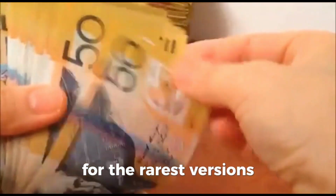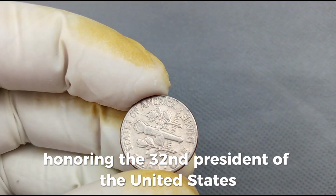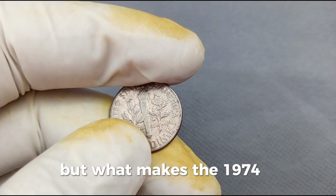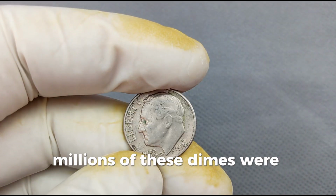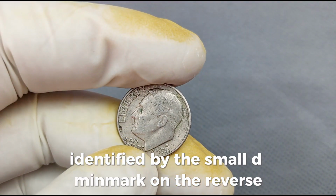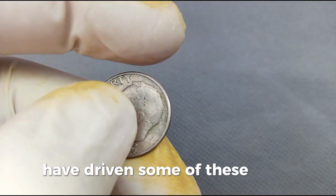for the rarest versions. The Roosevelt dime has been a staple of U.S. currency since 1946, honoring the 32nd President of the United States, Franklin Delano Roosevelt. But what makes the 1974 D Roosevelt dime so special? In 1974, millions of these dimes were struck at the Denver Mint, identified by the small D mint mark on the reverse. While most dimes from this era are common, certain rare varieties and errors have driven some of these coins' values